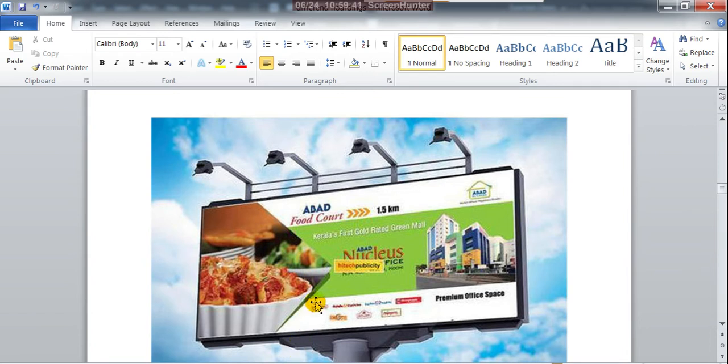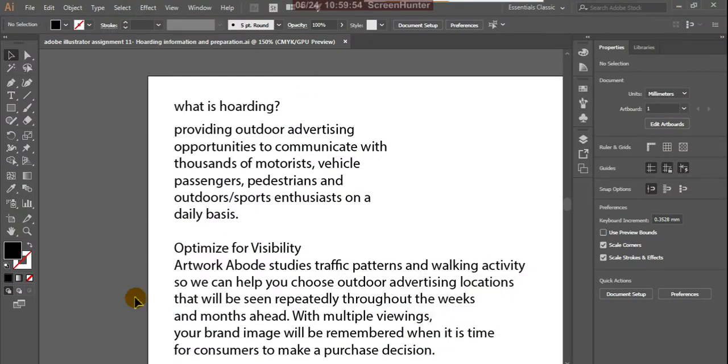Using Photoshop, first we have to do the color correction, then check the resolution, and we have to match that actual photograph to the actual hoarding size. That photograph we then use in Adobe Illustrator, because we are preparing the hoarding in Adobe Illustrator.